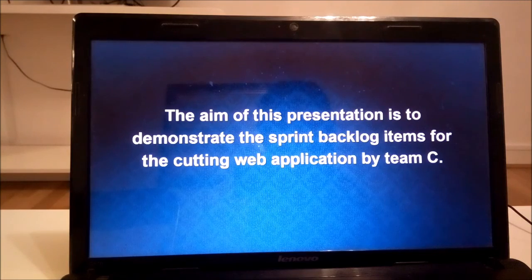Basically, this presentation is divided into two. The very first is the slide presentation, while the second is showing the functionalities of the sprint items we committed to using the web application. So I'll start with the very first, which is the slide presentation, and here is the intro, which simply shows us that the aim of this presentation is to demonstrate the sprint backlog items for the cutting web application by